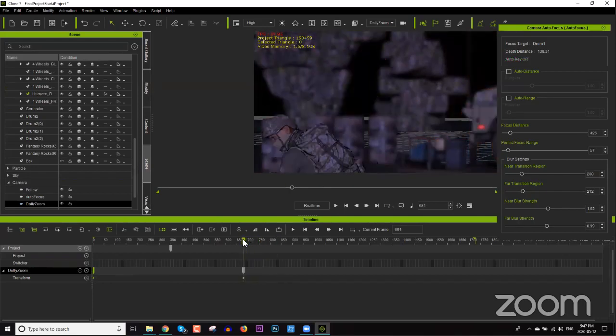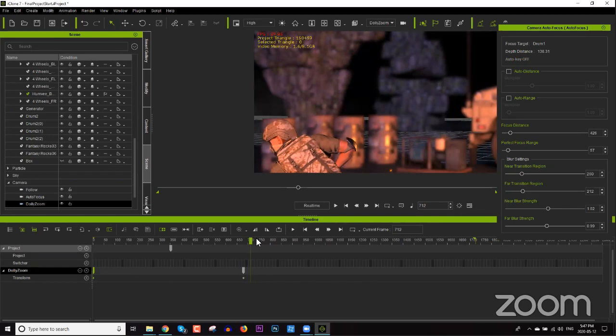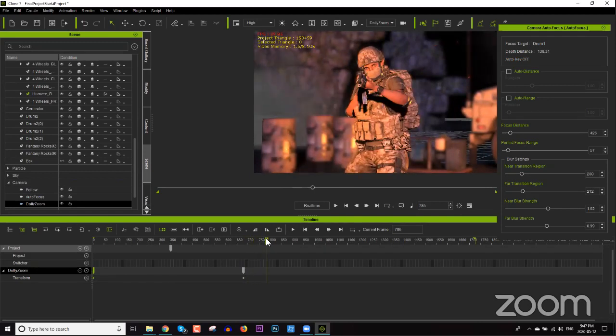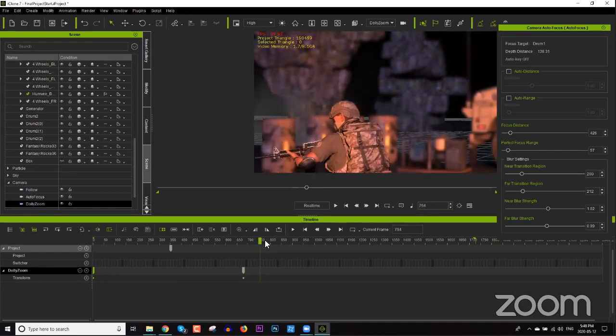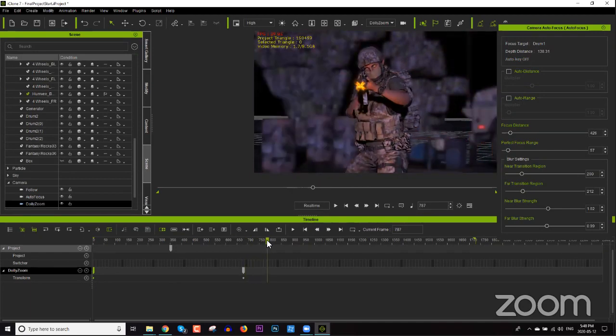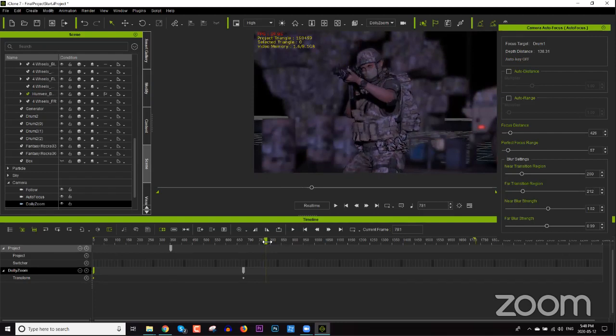So at this point, the dolly zoom is really simple and easy. To do the dolly zoom using camera and lens transitions, it's a lot harder. It's not too difficult, but again, it takes probably at least 5 minutes to get it right. What we can do here is, as our character's shooting, and our camera's at this frame right